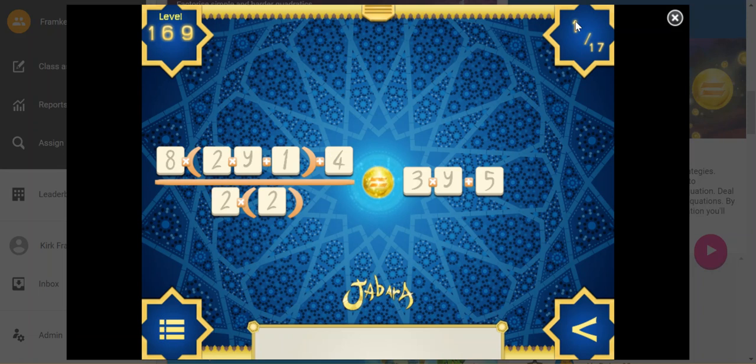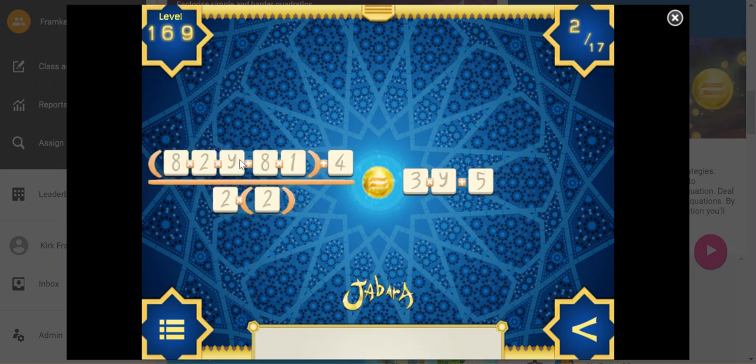Now up here I've done 1 out of 17 steps. So if I solve this in under 17 steps, then I will get 3 joules. If I go over, I'll get less joules, but let's not worry about it. Let's just solve it. So multiplication comes before addition, so I need to distribute the 8 to everything inside the parentheses. I do that by grabbing the tile, clicking and grabbing, and just placing it on top of anything inside the parentheses. And right away it's going to tell me